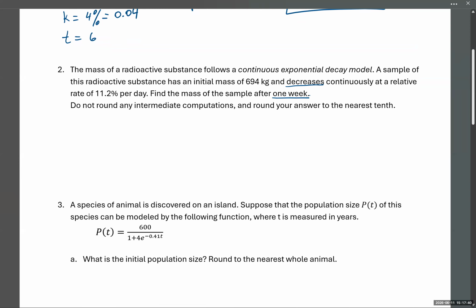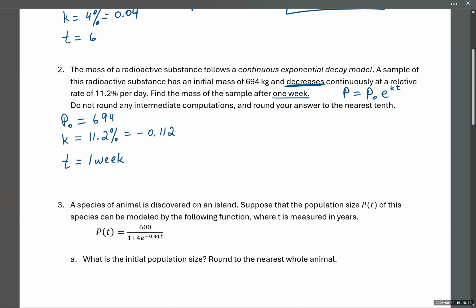So there's a couple of keywords here. Let's go ahead and point them out. So it is the exact same formula as in the previous example. The initial amount is 694 kilograms. The rate at which the substance is decaying is 11.2%. Turn it into a decimal, 0.112. However, it is a decay, it decreases, so we need a negative in front of it. And then time, that's 1 week,